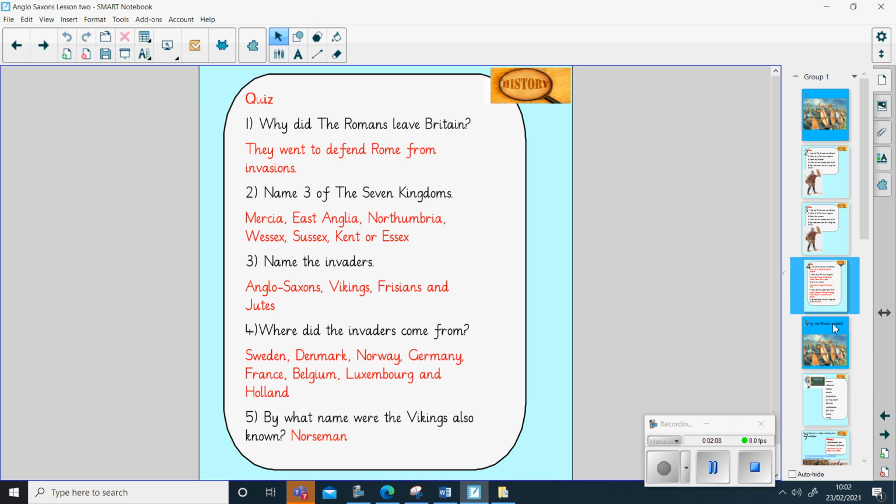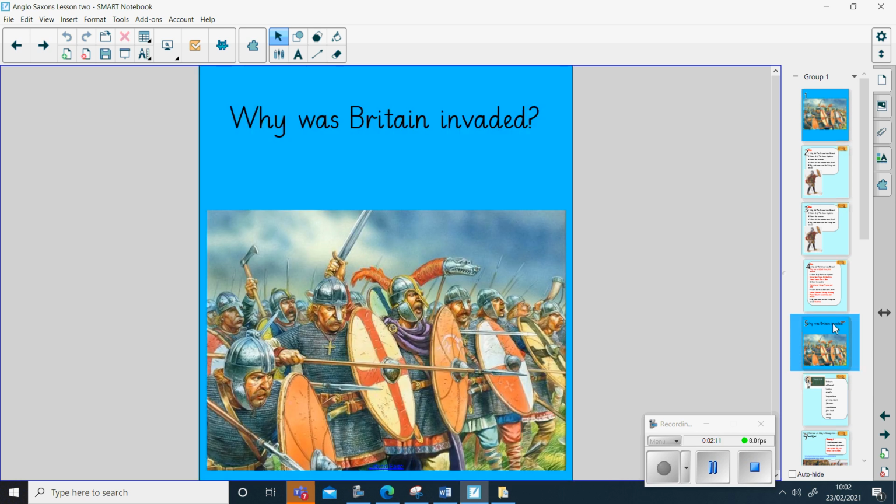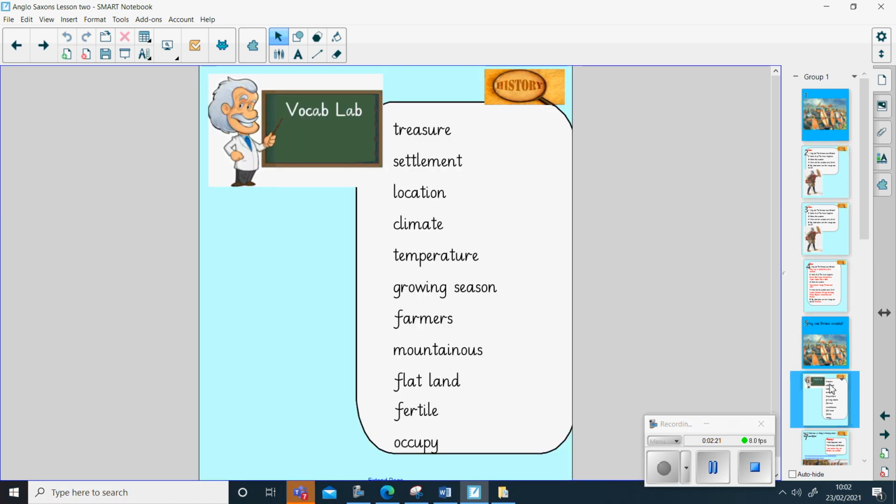Okay, so on to new learning today. So we are going to think about, why was Britain invaded? What was it about Britain that made the Anglo-Saxons and the Vikings want to come and live here? So we've got some vocabulary to use today, which includes treasure, settlement, location, climate, temperature, growing season, farmers, mountainous, flatland